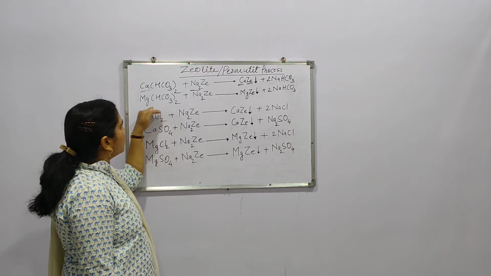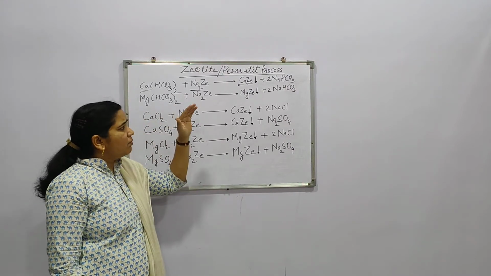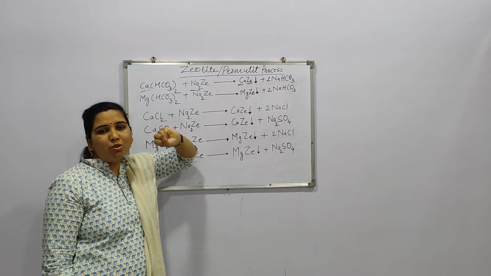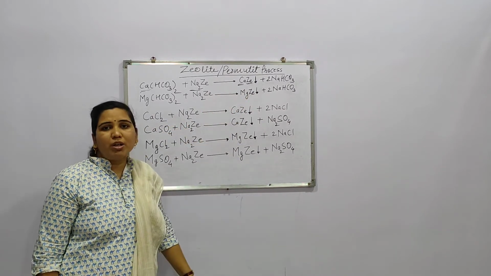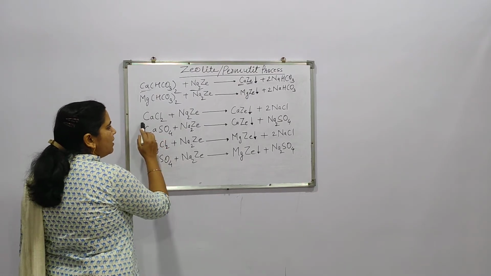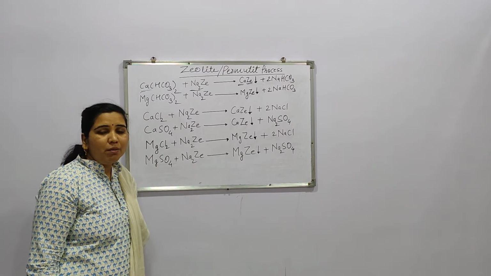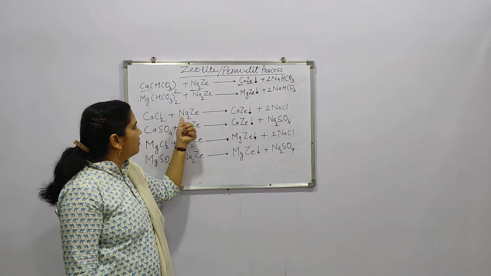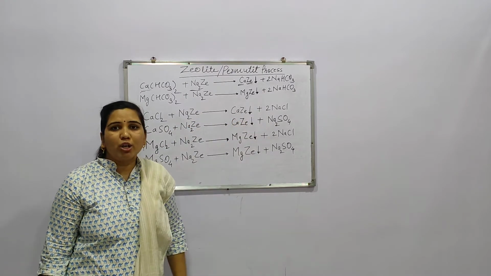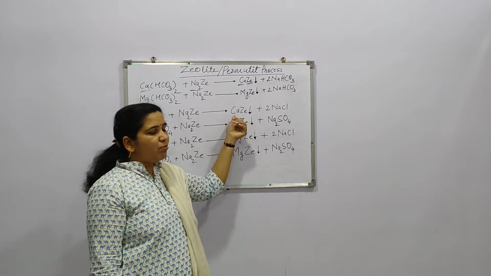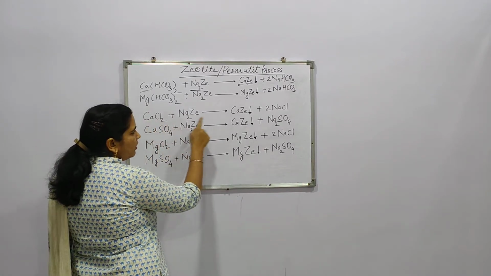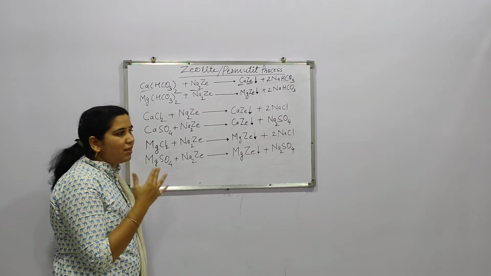In this way, there is a similar reaction with Mg(HCO3)2. It is the same, because Mg is also dipositive. So there is a formation of MgZe, which again gets stuck in the zeolite bed, while twice sodium bicarbonate remains. Now after that, CaCl2, that is calcium chloride, is there as a permanent type of hardness. When calcium chloride treats with Na2Ze, that is disodium zeolite, there is a formation of CaZe plus twice NaCl. The CaZe which is formed is again stuck in the zeolite bed. So calcium chloride gives us NaCl as a byproduct, which remains in the water.